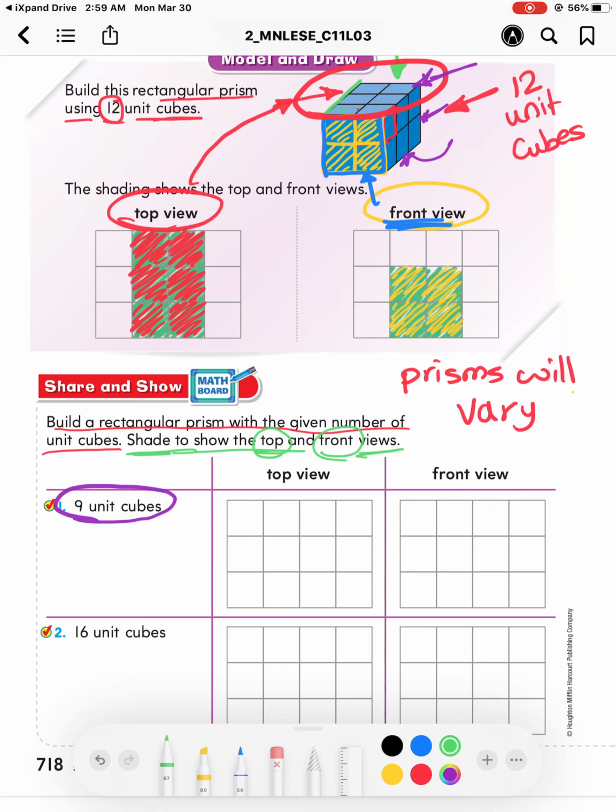One of them is to create a front view like this by shading 9 squares. 1, 2, 3, 4, 5, 6, 7, 8, 9. So we shaded